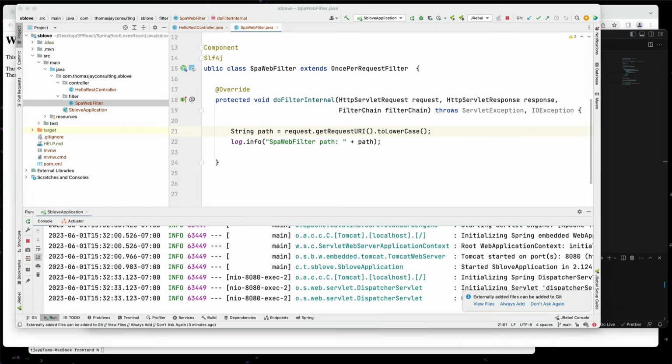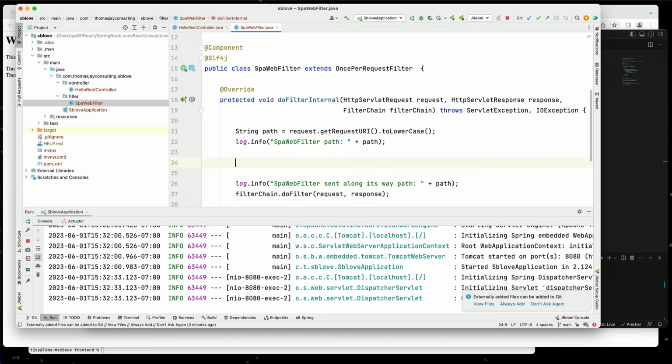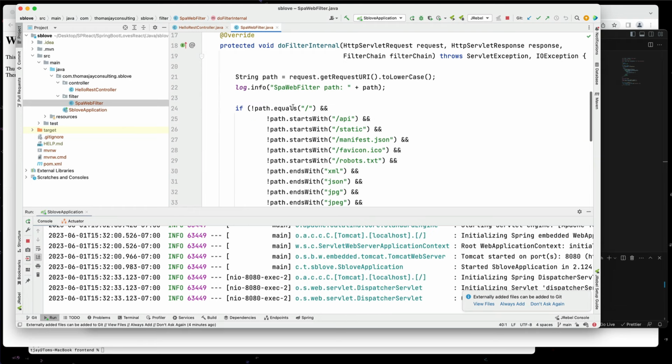And then we want to do a doFilter on the request, but in the middle, we want to do a little bit of logic. So if this is not a slash, and it's not an API, remember we have some API stuff, and if it's not a slash static, because we have some static pages,